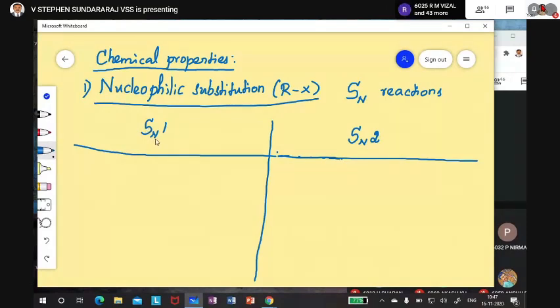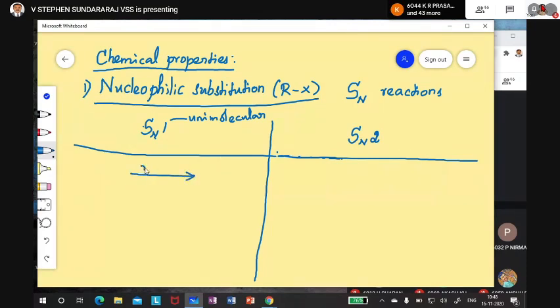Okay, so first of all, this is substitution. N stands for nucleophilic. Okay, so substitution, nucleophilic substitution. This one stands for unimolecular. Molecularity, you have studied rate of reaction in chapter chemical kinetics, so it is easy for you. Unimolecular. Molecularity is 1. What is the molecularity is 1? That means only one molecule is involved in the rate determining step.